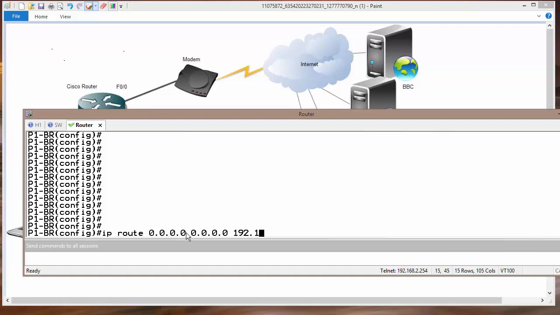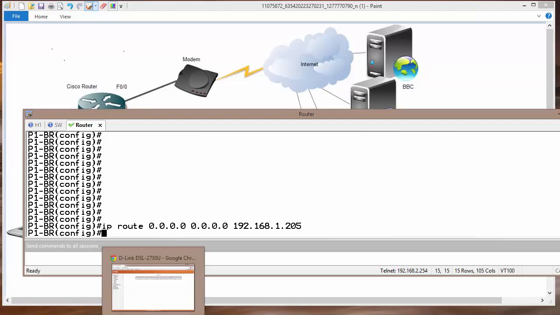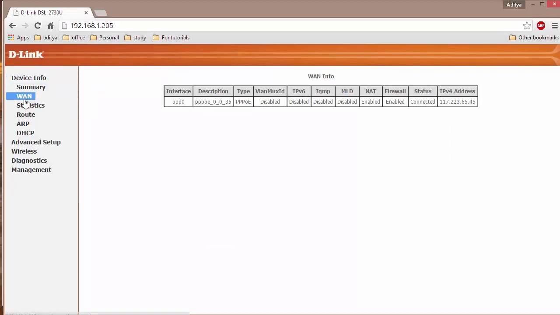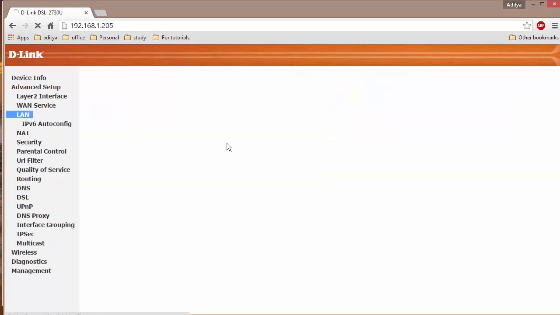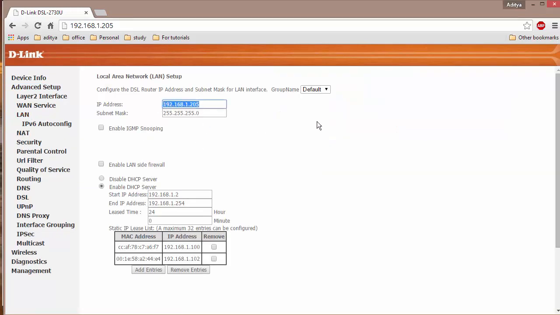In my case, the IP address of the DSL router is 205. Let me show you. Oh, I think I have, yes. This is my public IP address of my DSL router, which is connecting in my production network, and this is the LAN IP address 205.